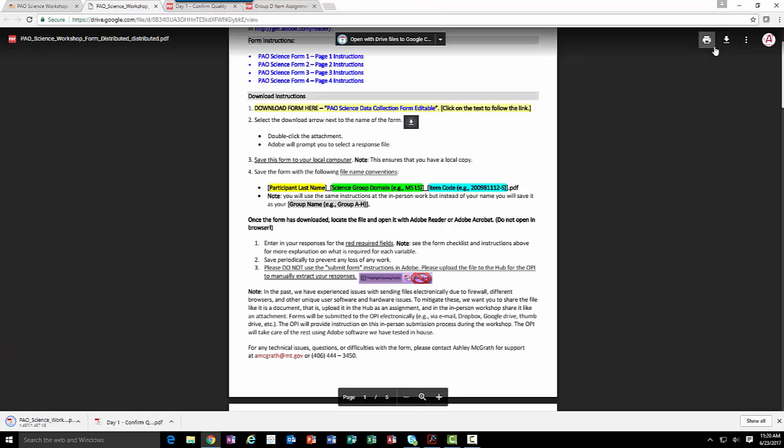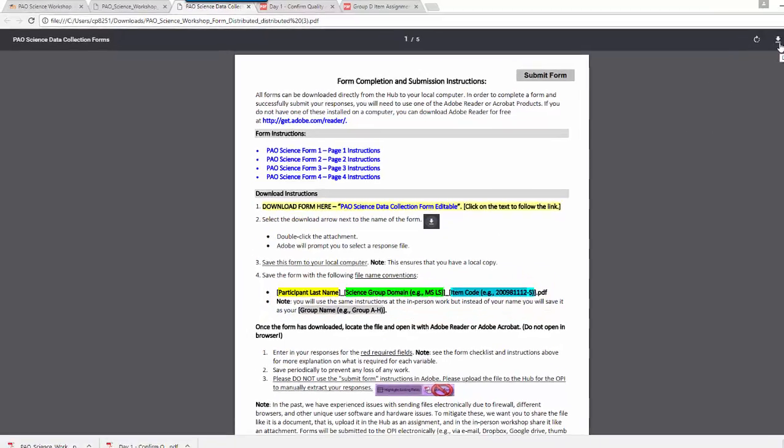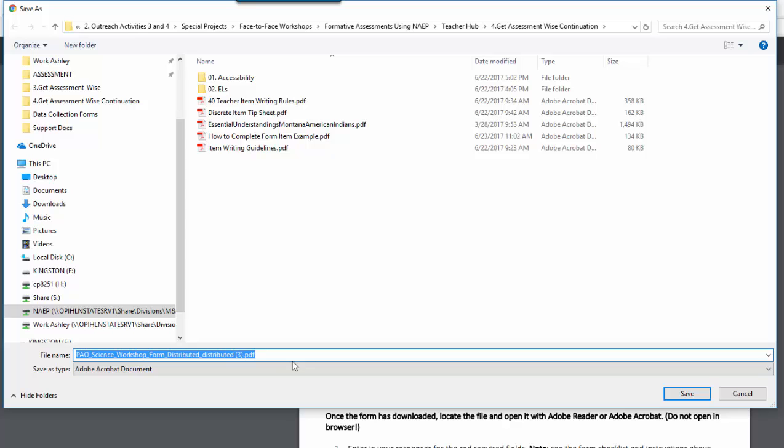I'll download this. Notice I select that download arrow. I was not working in the browser for this. Now they're both here for me to access. I'm going to take the information here, and there are some things to pay attention to. For submitting the assignment in the hub, I'm going to submit my last name, my group, and the item that I'm working with. To do this, I'm going to save it as